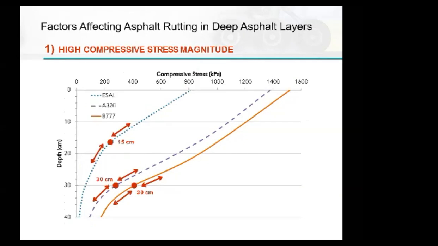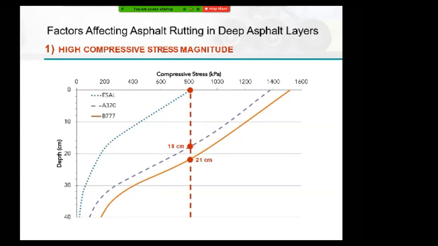Second, which is very important, if you look at an ESAL, the stress keeps going down and it decreases until it's at 15 centimeters. Then there's an inflection point, and then the stress reaches a low point, and then it starts to taper down and become small and constant, reaching an asymptote. Well, if you look at the A320 and the Boeing, the stresses remain still high. They are decreasing, but they're still high in magnitude. It's only at 30 centimeters deep that they reach low values of stress that then taper down and form an asymptote vertically. So what's the takeaway from this?